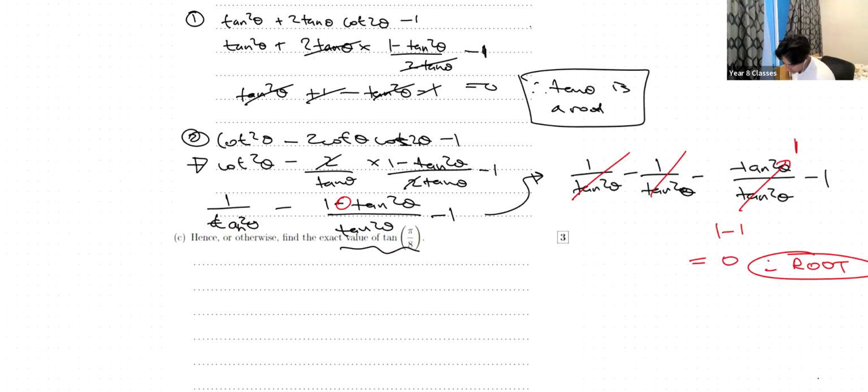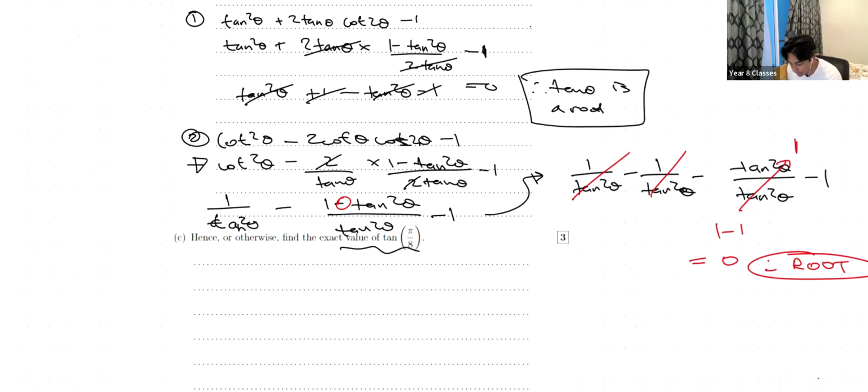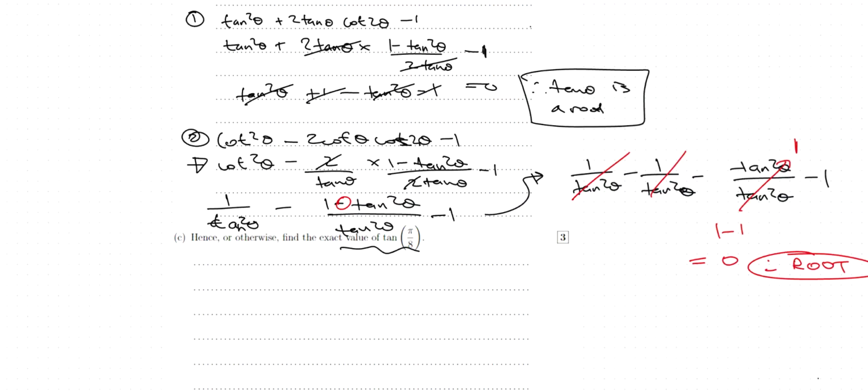Yep. Is that pi on 8 the same as just an arbitrary theta? Yeah. So could we say that tan pi on 8 would satisfy the equation in part B? Yeah, we can. So if we use that as a starting point,